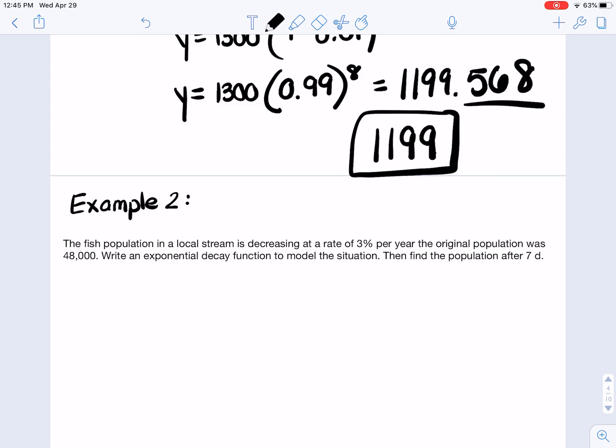All right, we're talking about fish in this example next. So the same thing is going to happen where you are going to round down if necessary in order to find out the population. It says the fish population in a local stream is decreasing at a rate of 3% per year. The original population was 48,000. Write an exponential decay function to model the situation. Then find the population after 7